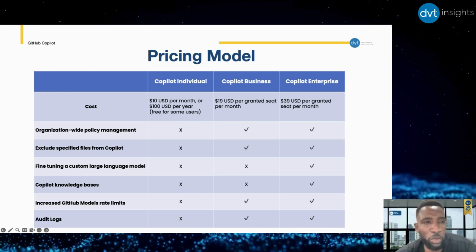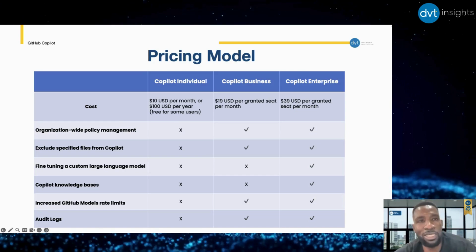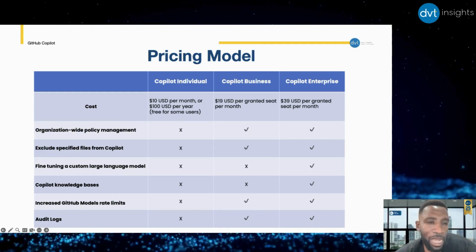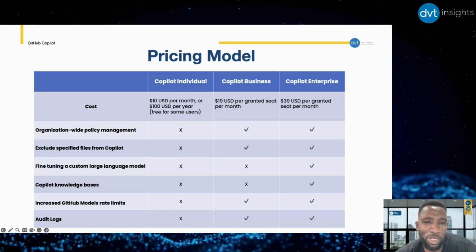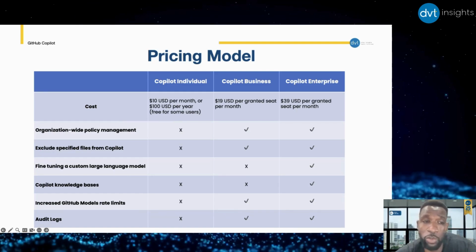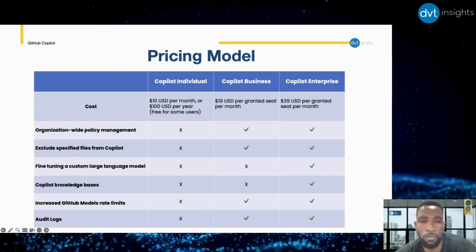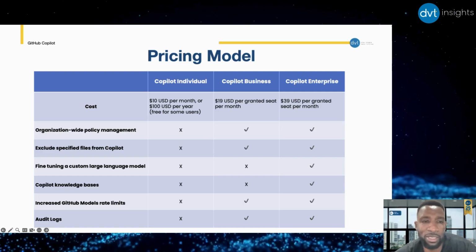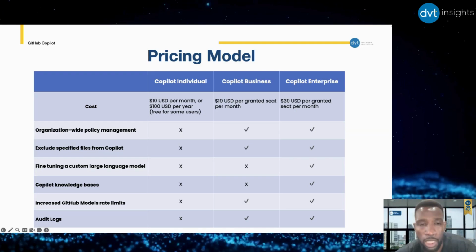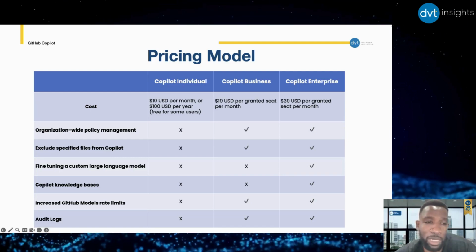So remember, my 3A approach is assess, adopt, and adapt. Basically, my adapt is not available on the business and individual plans. My adapt is where we can fine-tune the model. So this will fail my AAA approach. We'll be able to assess, but we won't be able to adapt. Hence, it will be difficult for us to adopt. So the enterprise one looks more like the one that will fit in my AAA model.